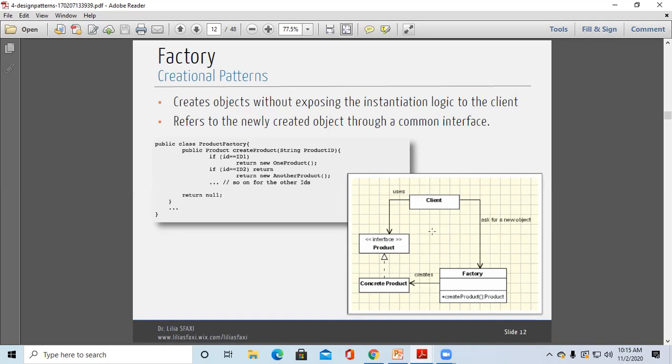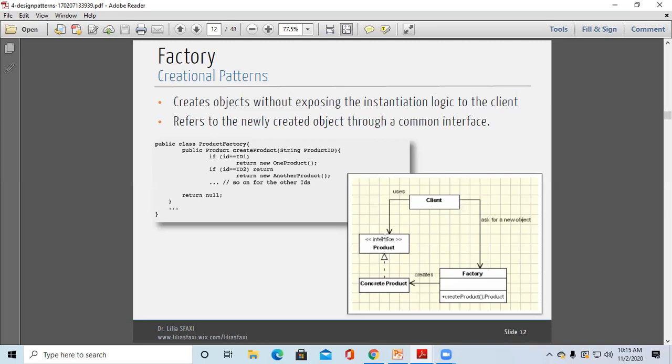Here you can see the example or representation of factory. Here see public class product factory. Here you can see this class factory, it will create that product. Here you can see the create product method, yes, it creates a concrete product.